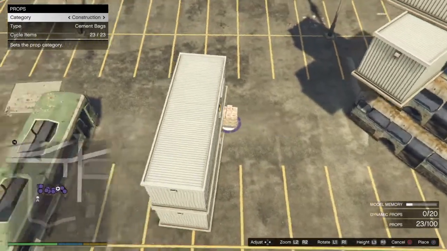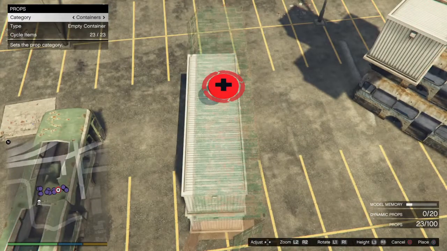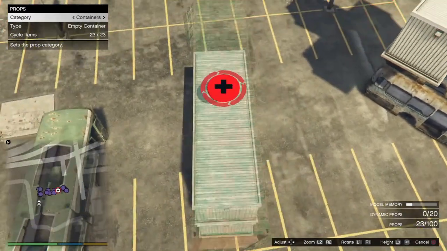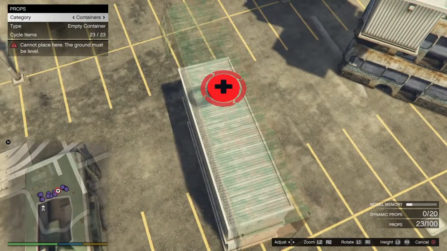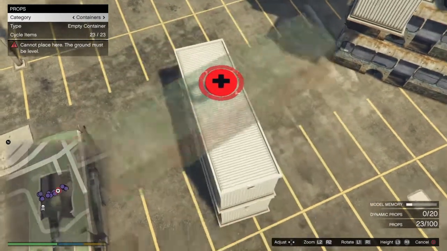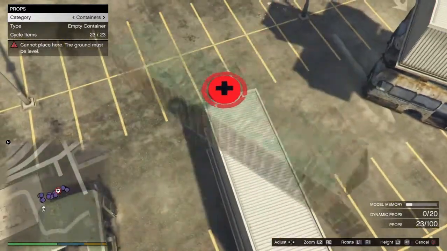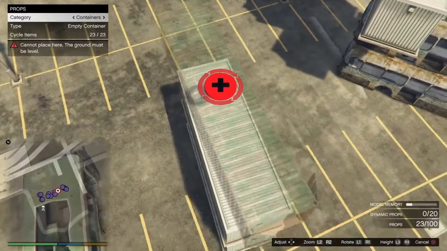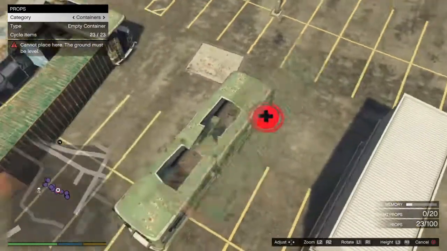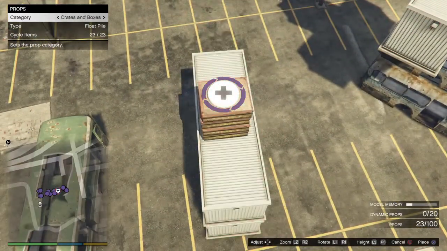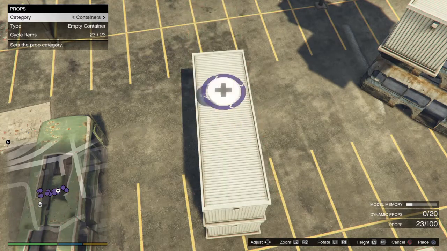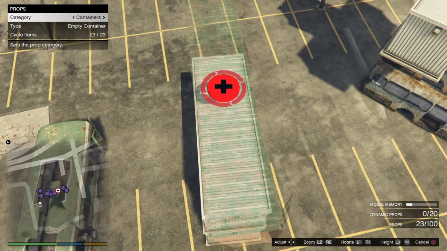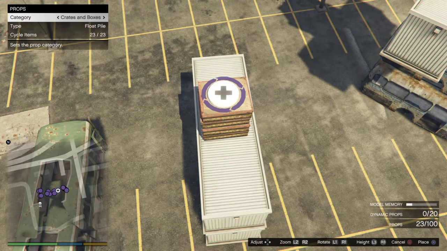Okay, so for example, normally I wouldn't be able to put this on top. I wouldn't be able to stack this object on top of this object in any way. It's all red no matter what position it's in, so I can never put it up there. But if I use this technique that I used over here, if I scroll left or right and find an object that does work, in this case there's an object that does work, I go like that, scroll to this, scroll back real fast, press X fast, and there you go,